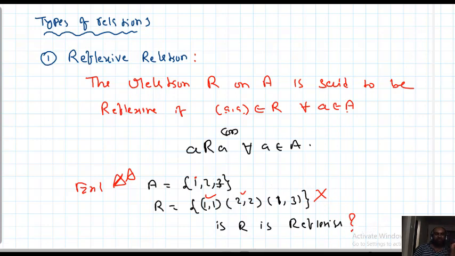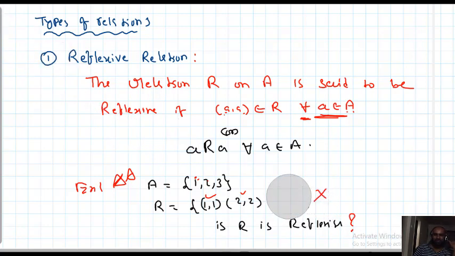Observe here. A is given as {1, 2, 3}. R is given as (1,1), (2,2), (1,3). Now you need to check whether R is reflexive or not. How to check? You need to use the definition: (a, a) belongs to R for every a belonging to A. For every is important, no? So (1,1) should be there, (2,2) should be there, (3,3) should be there. Some extra is also there; that is not a big problem. Now I will reread the question. Okay, in this way you can say that this is not a reflexive relation.